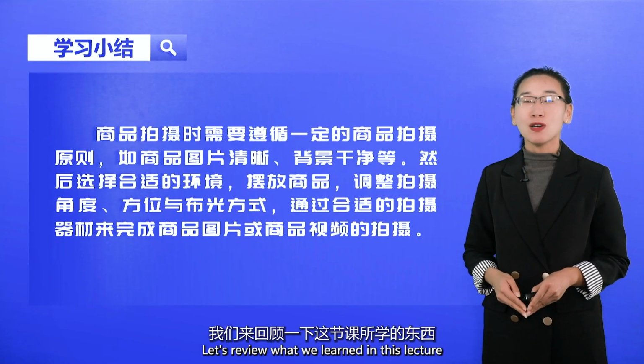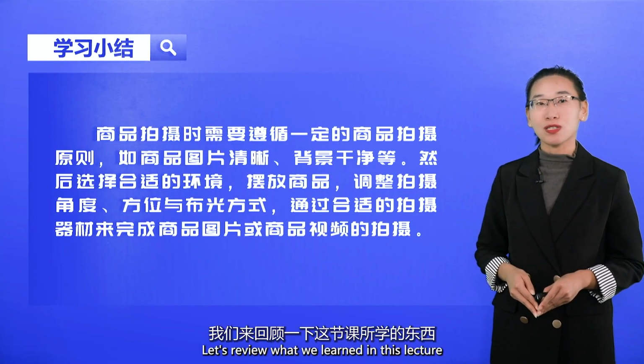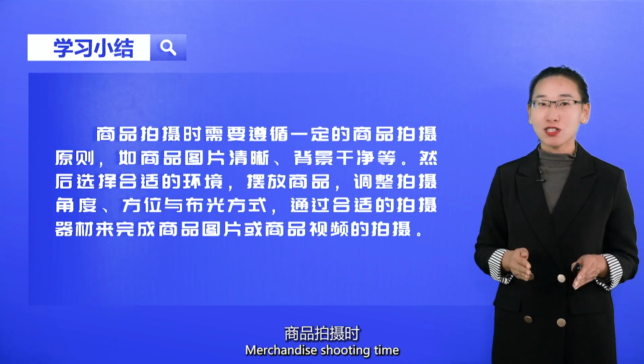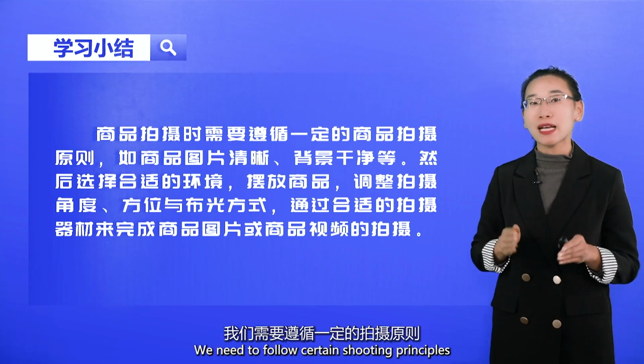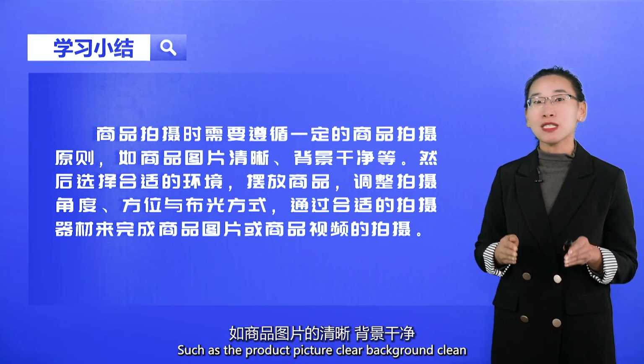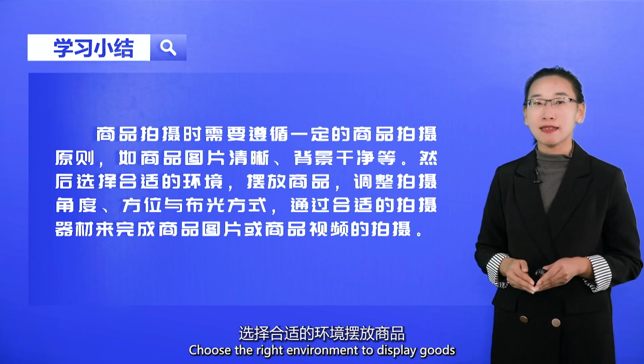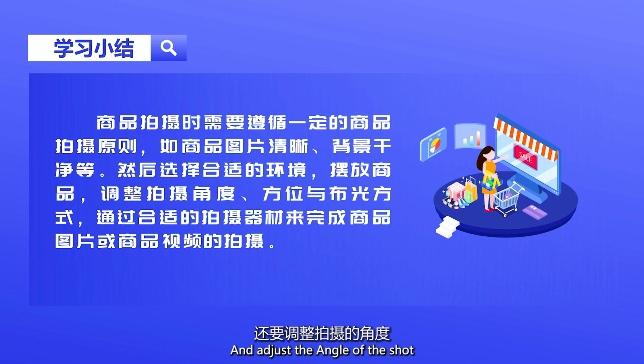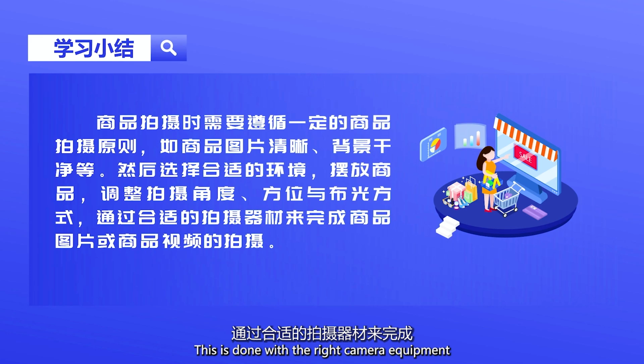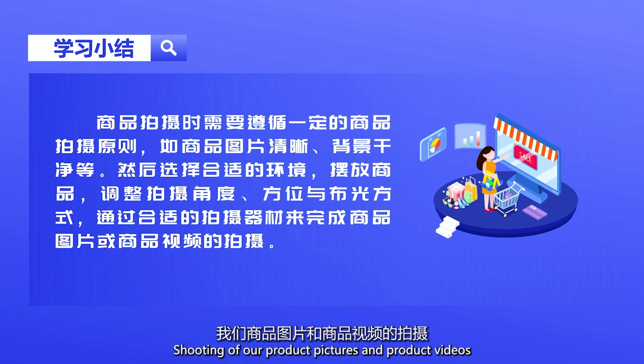Good students, let's review what we learned in this lecture. When shooting merchandise, we need to follow certain shooting principles, such as making the product picture clear and the background clean. Choose the right environment to display goods, and adjust the angle of the shot, azimuth and lighting mode. This is done with the right camera equipment, for shooting of our product pictures and